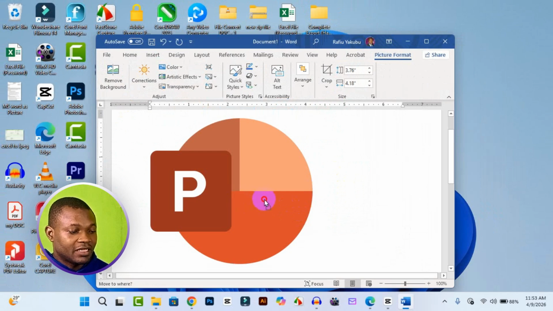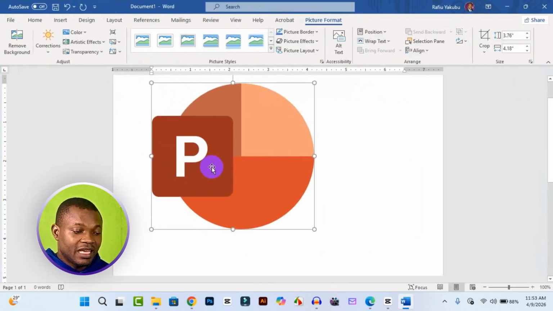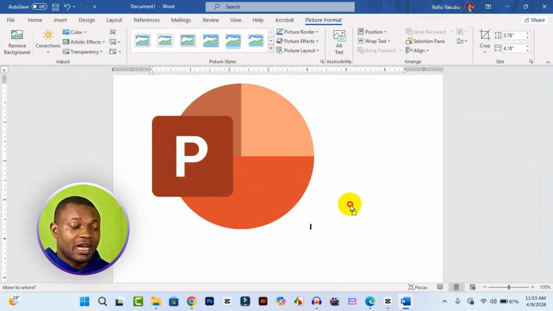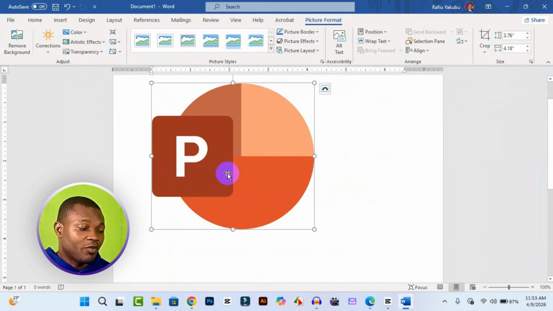Now, once we insert, we find out that it is difficult to drag the image anywhere you want. How can you stop this problem? I'm going to give you two hacks on how you can easily drag your image all around in MS Word. So the first trick, simply right click on the image